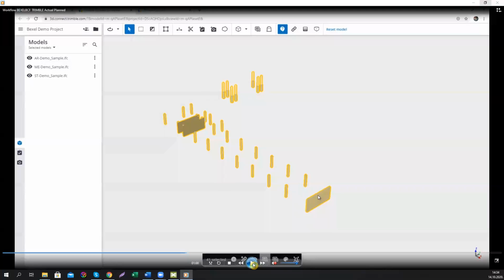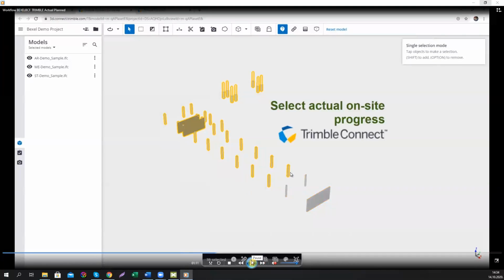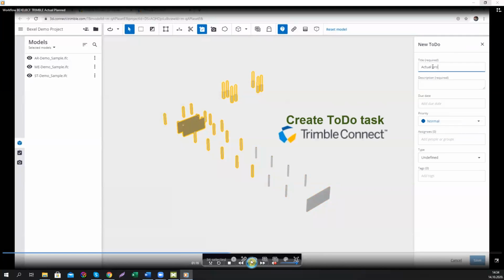After that period has elapsed, he can just select the elements that are actually executed and unselect the ones that were not executed, like this one. So it basically says, okay, we have executed this part of the elements that was planned, but this one was not executed. And he can simply save this as a new BCF file,